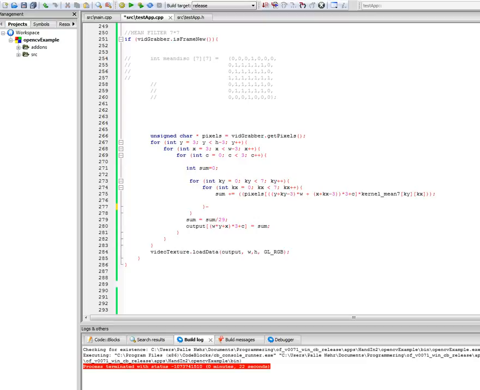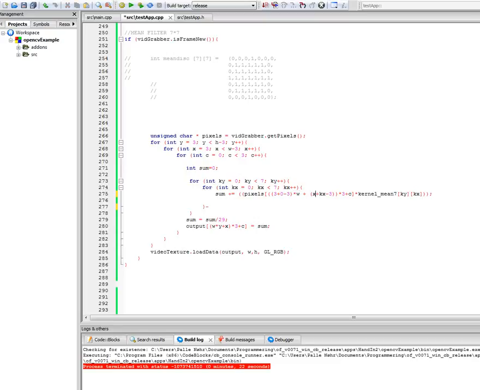So, say that this is 3, this is 0, and this is 3, then we say that 3 plus 3 minus 3, that's 0, times 0, that's 0, plus